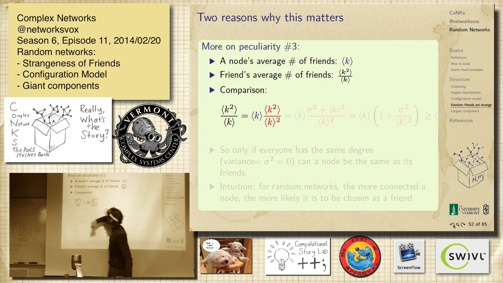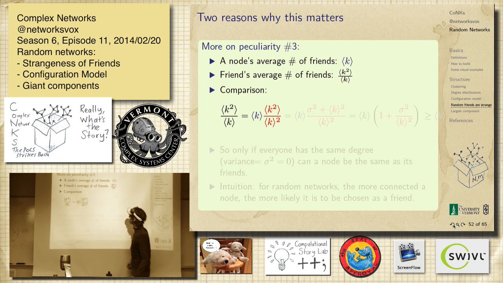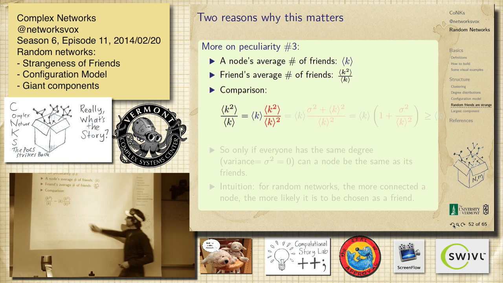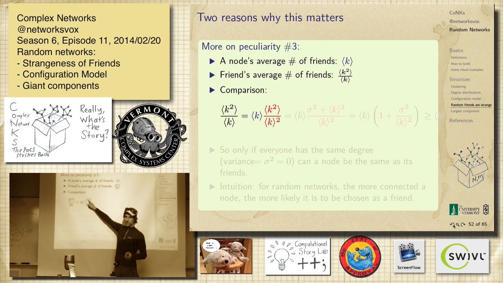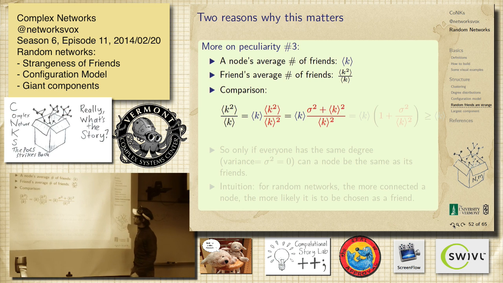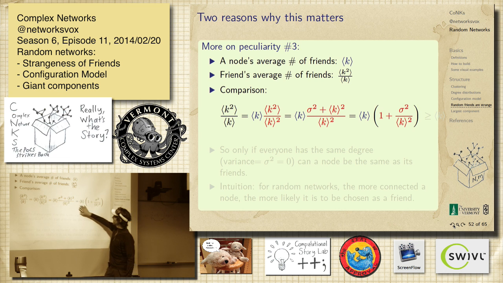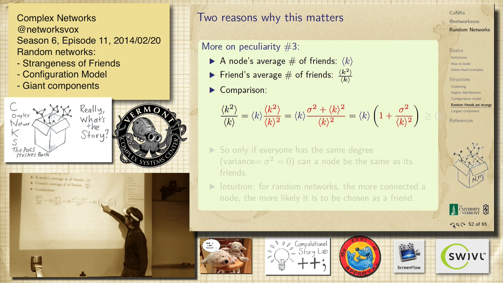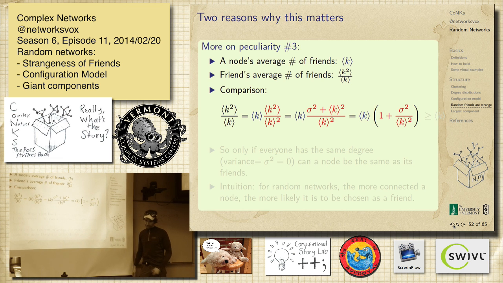So we're going to pull out this average degree here and then put a square on the bottom. And the thing is that this is the variance. The variance is this guy minus the mean squared. So we can replace the second moment with the variance plus the mean squared, the definition of the variance. So it's the square of the standard deviation. So now we have, not a bad thing, there's a 1 here for this, and then we have the standard deviation divided by the mean squared.